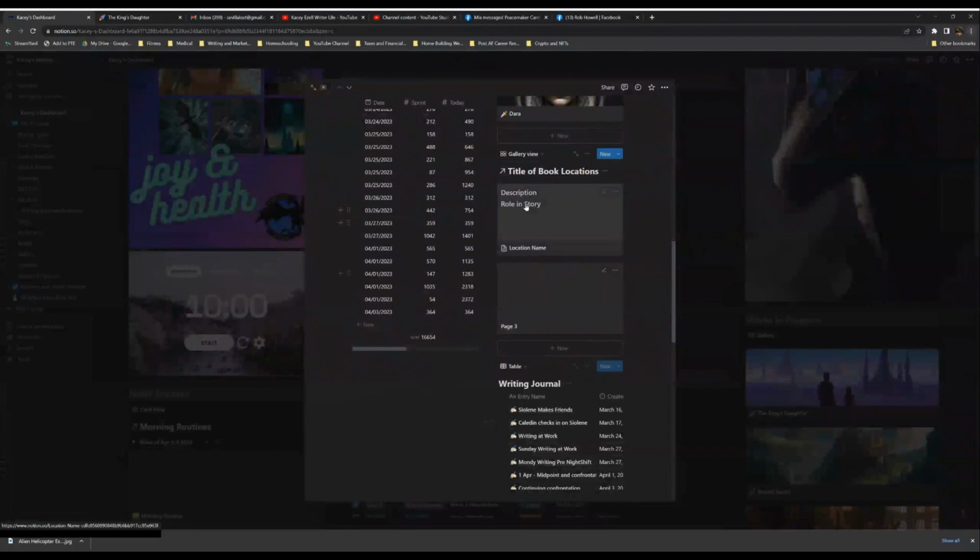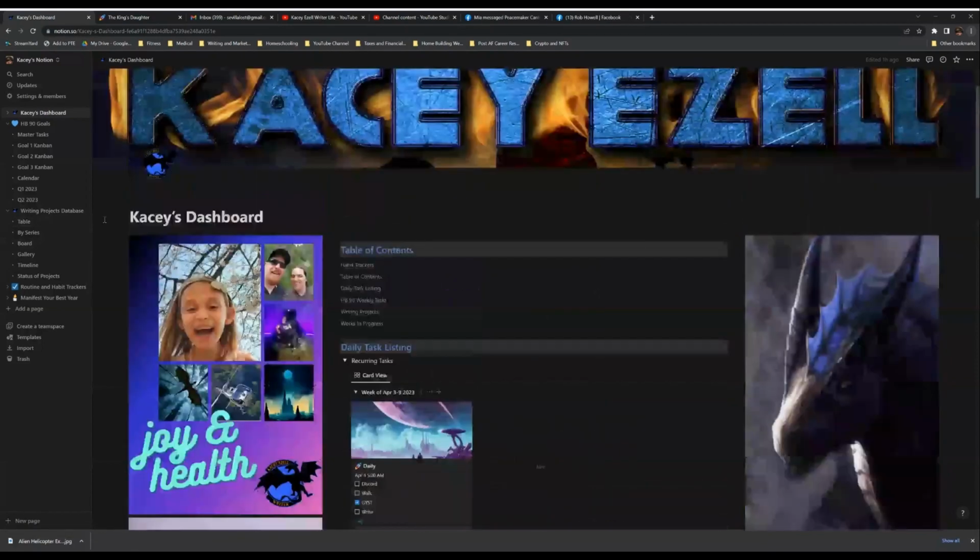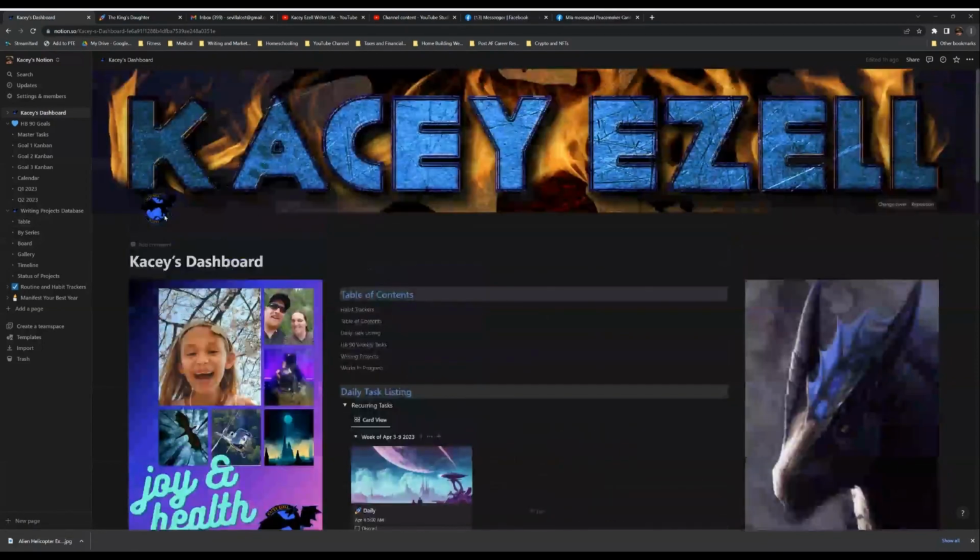So far, I have been super, super pleased with this, you guys. It's been just a really great way for me to track my progress, track my mood, track my process, and honestly, if I'm completely honest, in a super nerdy way, it's been a lot of fun. Now, that being said, it does take a fair amount of work on the front end to set this up,